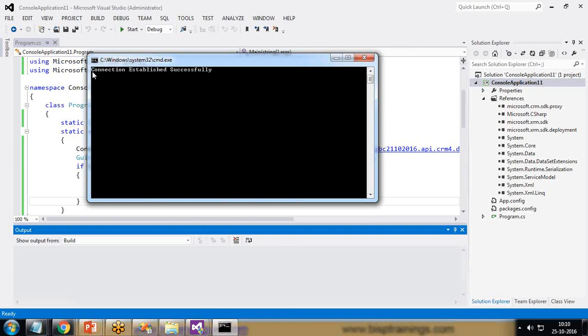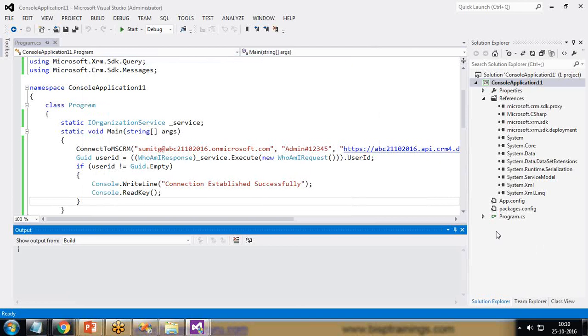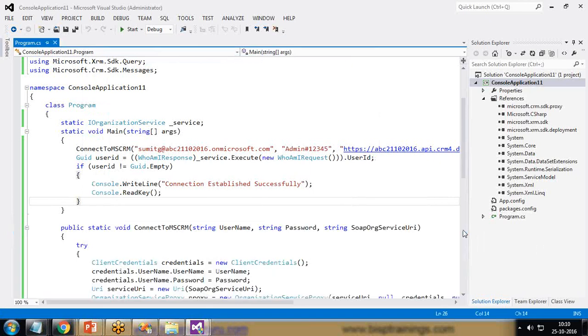So you see, I got a confirmation message, connection established successfully. It means I'm successfully connected to Dynamic CRM by using my console application. So now, in extension of this application, I'm going to continue with this, because our final requirement is to get the record from the Dynamic CRM contact by using that